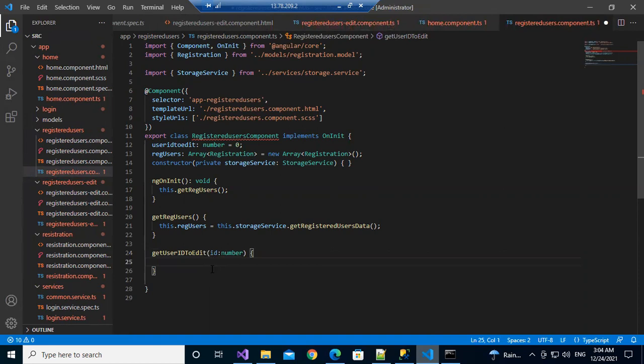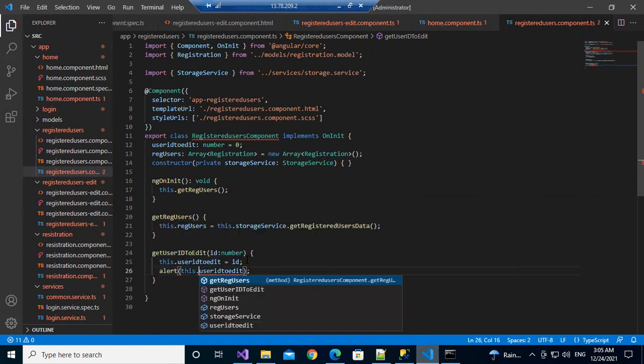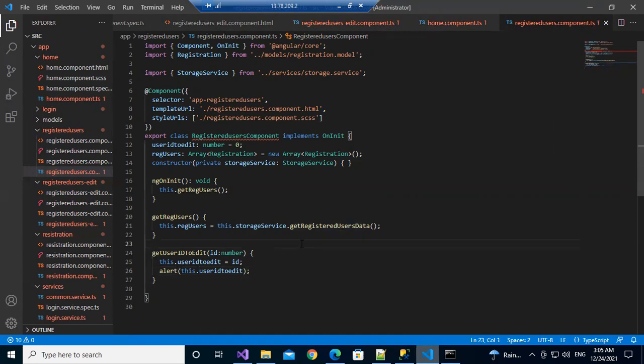So immediately this.userIdToEdit is equal to ID. So let me show it in a pop-up with an alert. Show the pop-up first, then we can go to the second step. In the first step, when the user clicks on the edit button, I'm just holding that value in one variable.